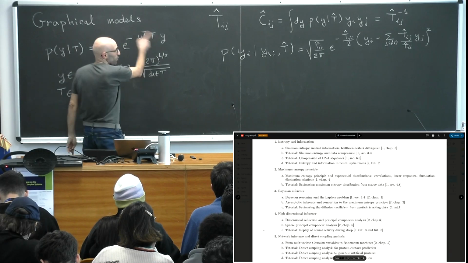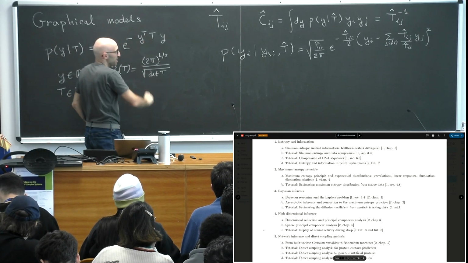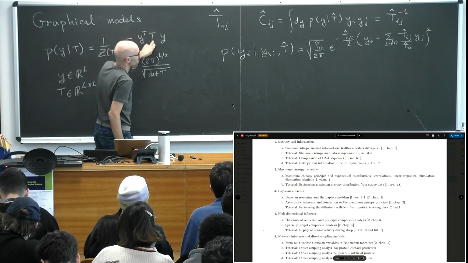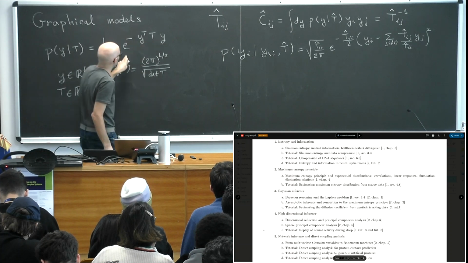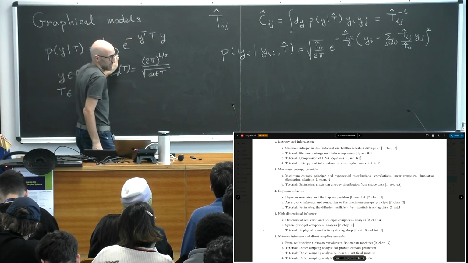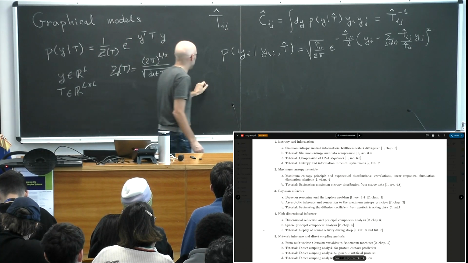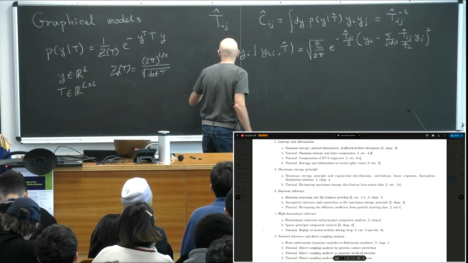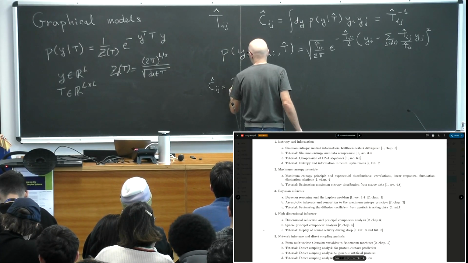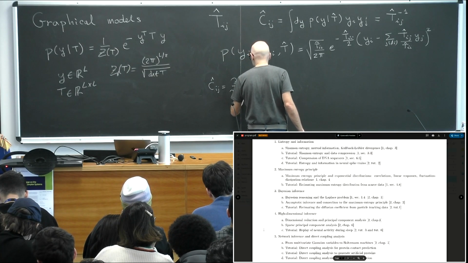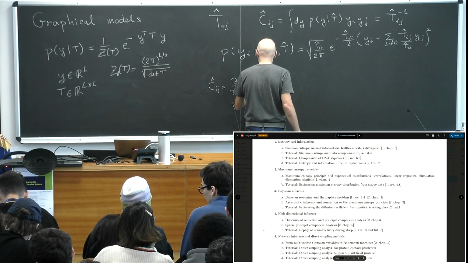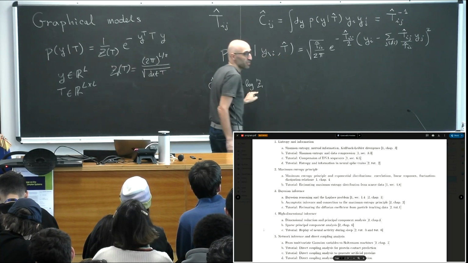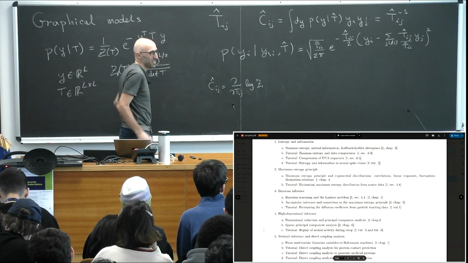Because this is a Boltzmann factor. So if you take the derivative with respect to tij, it will bring down yi, yj, okay? So you can write that essentially Cij is the derivative with respect to tij of the logarithm of z,